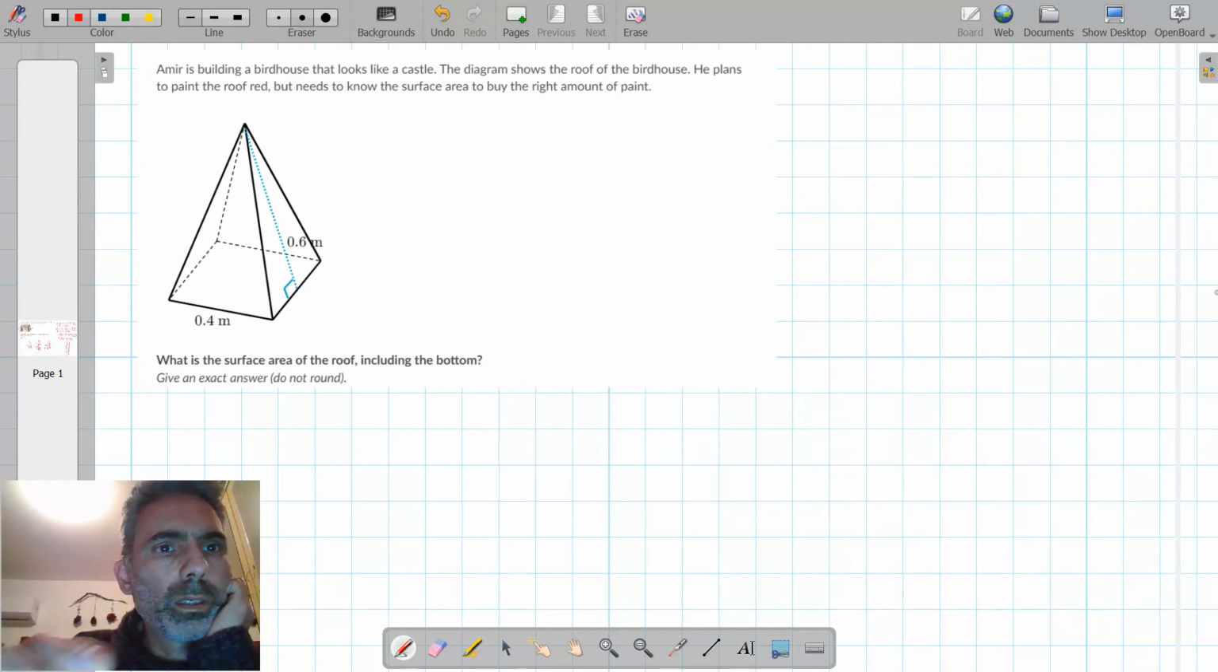Mir is building a birdhouse that looks like a castle. The diagram shows the roof of the birdhouse. He plans to paint the roof red, but needs to know the surface area to buy the right amount of paint. Okay, so the base of this